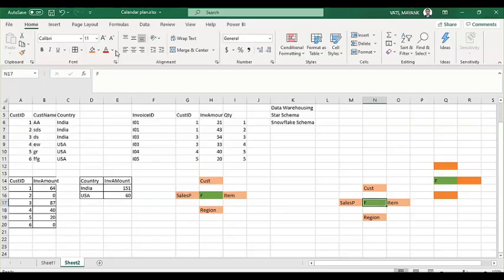So when you create the relationships, because in a data warehouse we also create relationships. Now when you create the relationship, this fact will be linked with this fact as a dimension. And these are linked with one to many or many to one relationships like this. So this fact is linked with this one.